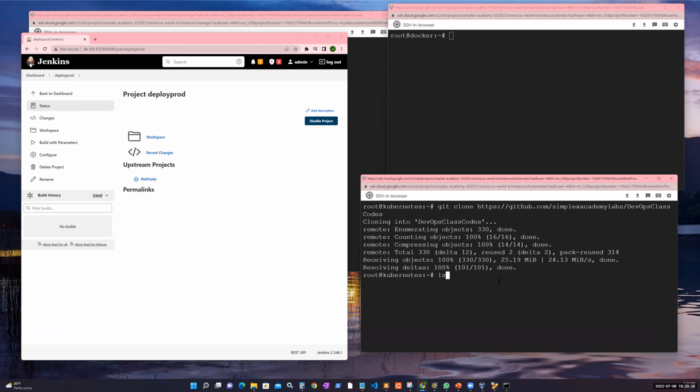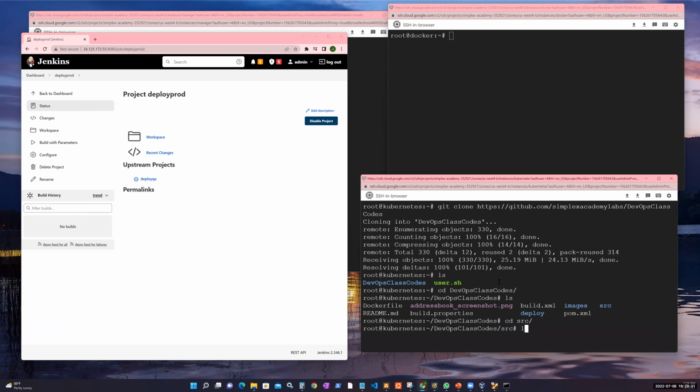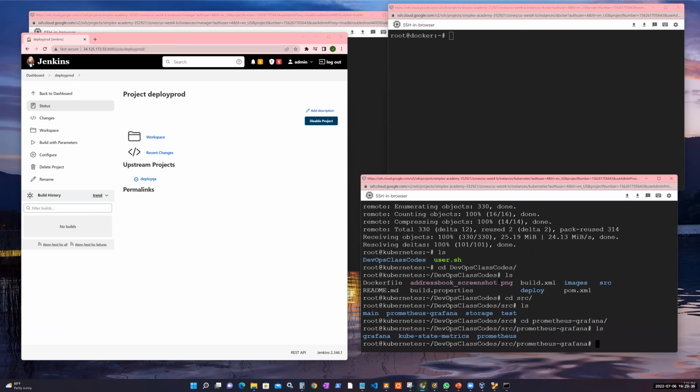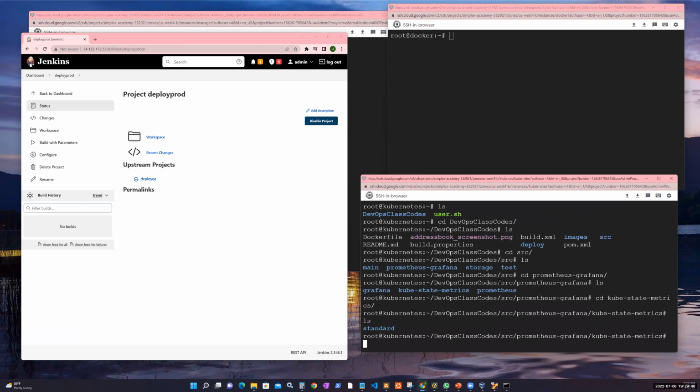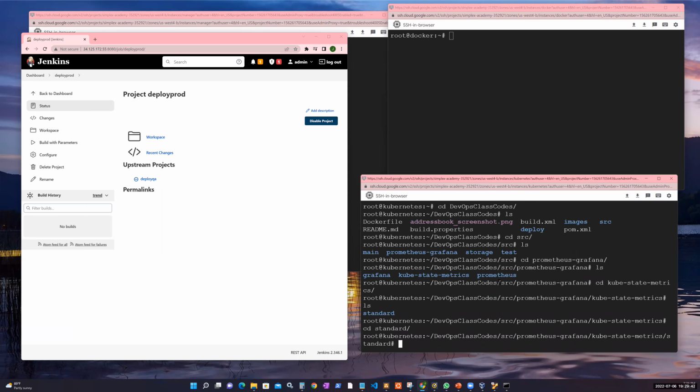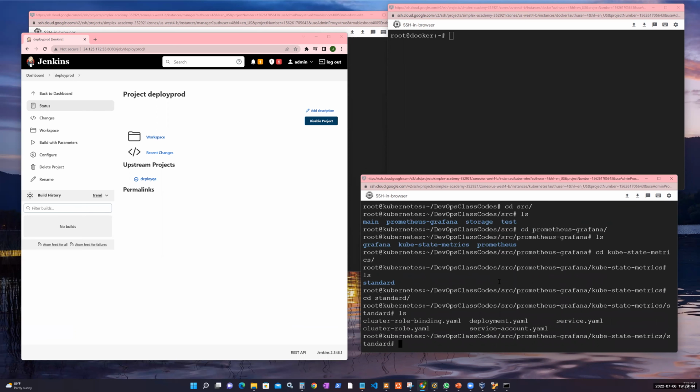Okay, so ls, cd DevOps class code, ls, cd src, ls, cd Prometheus, ls, cd kubemetrics, ls, cd standard, ls. So kubectl create -f